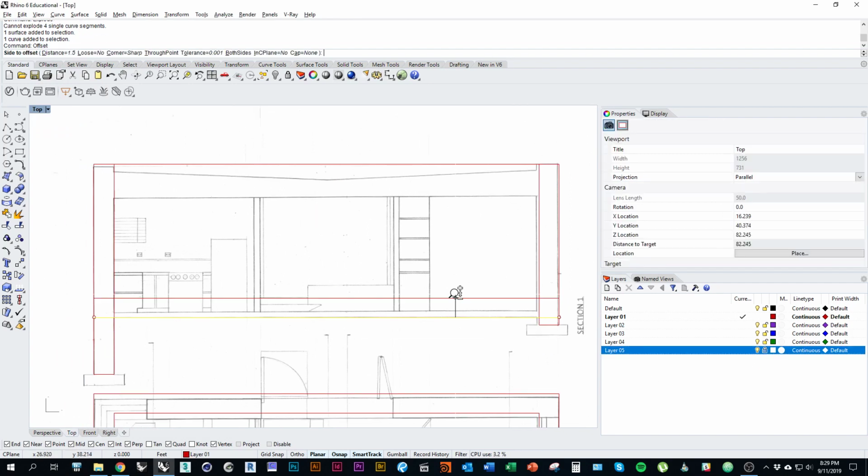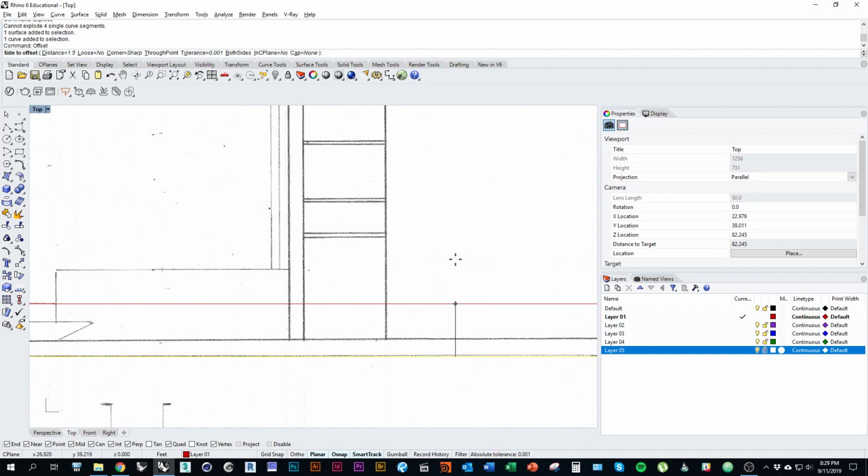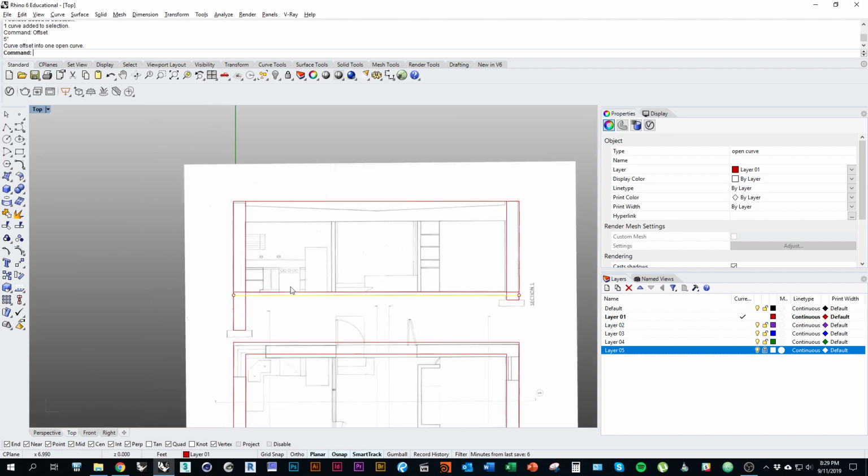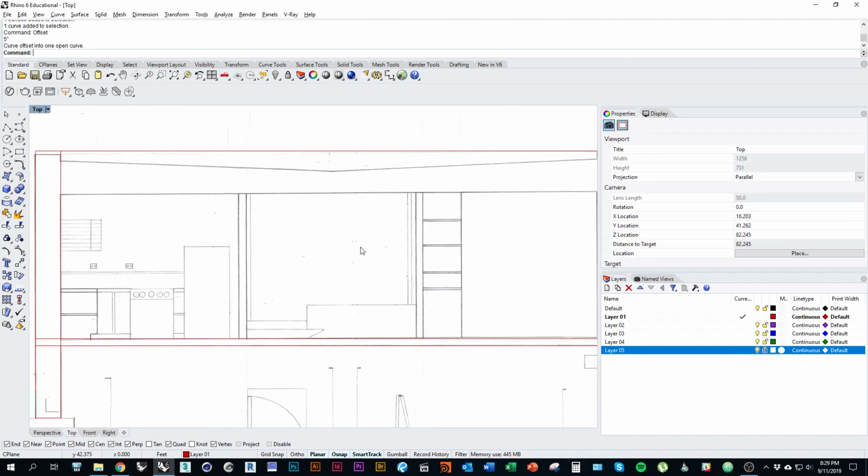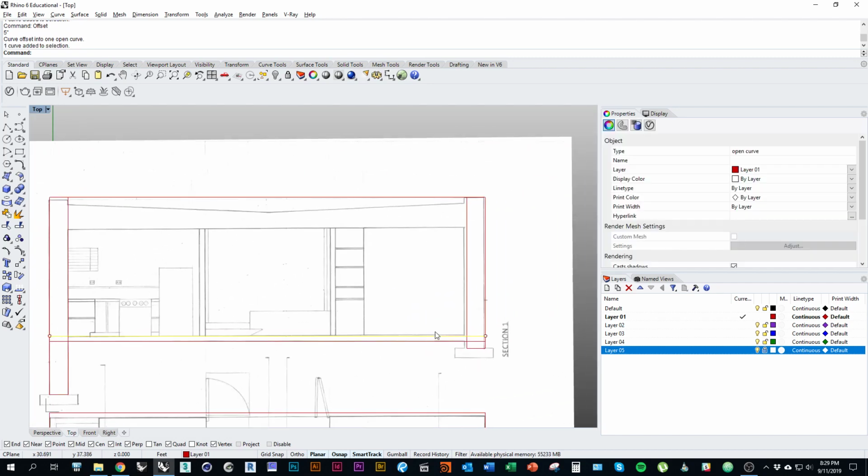offset. It's probably like, what, 4 or 5 inches. The bottom slab, that looks pretty good. And then the floor to ceiling